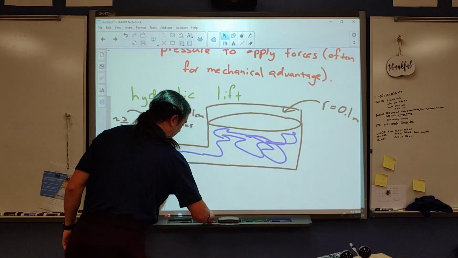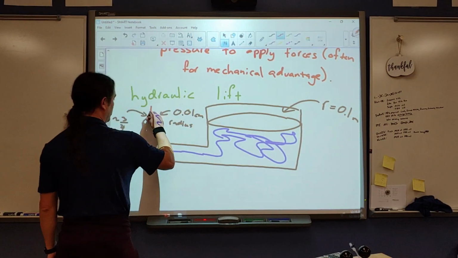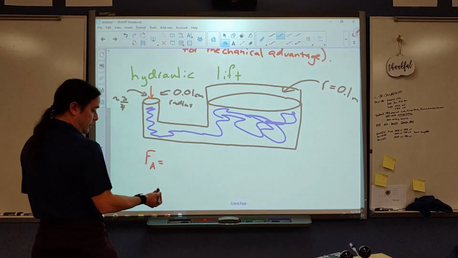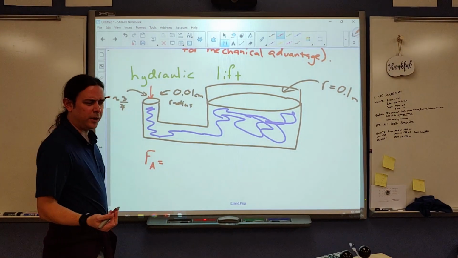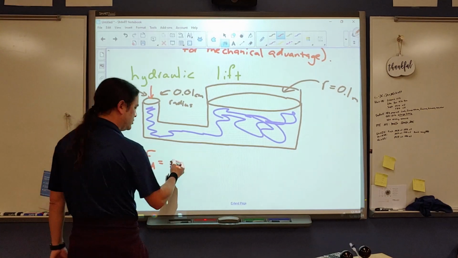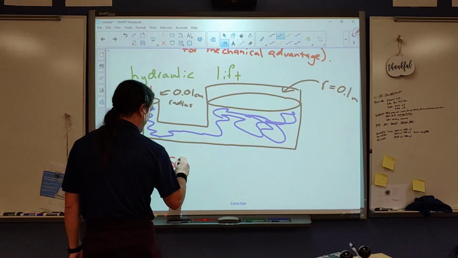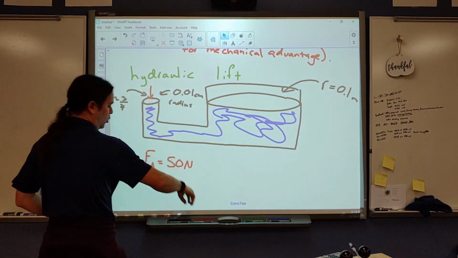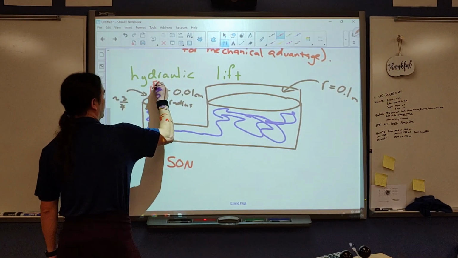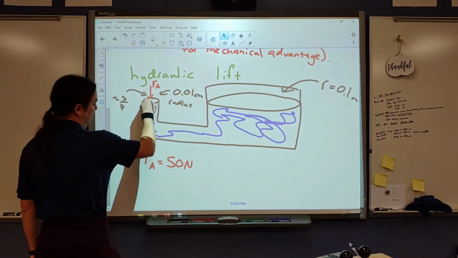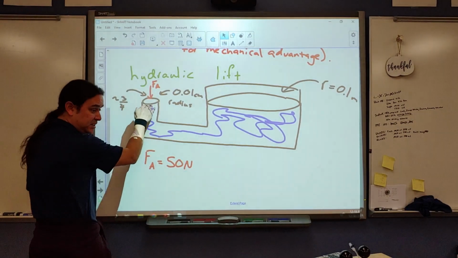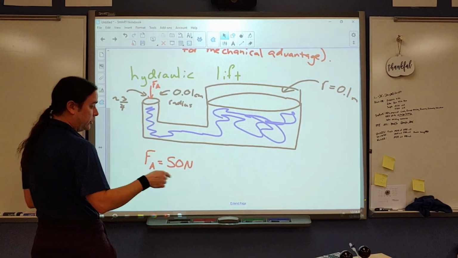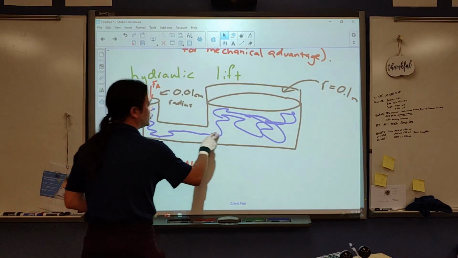I am going to apply a downward force, Fa, applied by me. Let's say that I'm going to push down with, I don't know, maybe about 10 pounds worth of force. That might be pretty close to about 50 newtons. So here's what we're going to say. I'm going to push down on this side. Now that's me trying to compress this liquid, and I can push down on this piston, for want of a better term, not dissimilar to my little hand pump there,